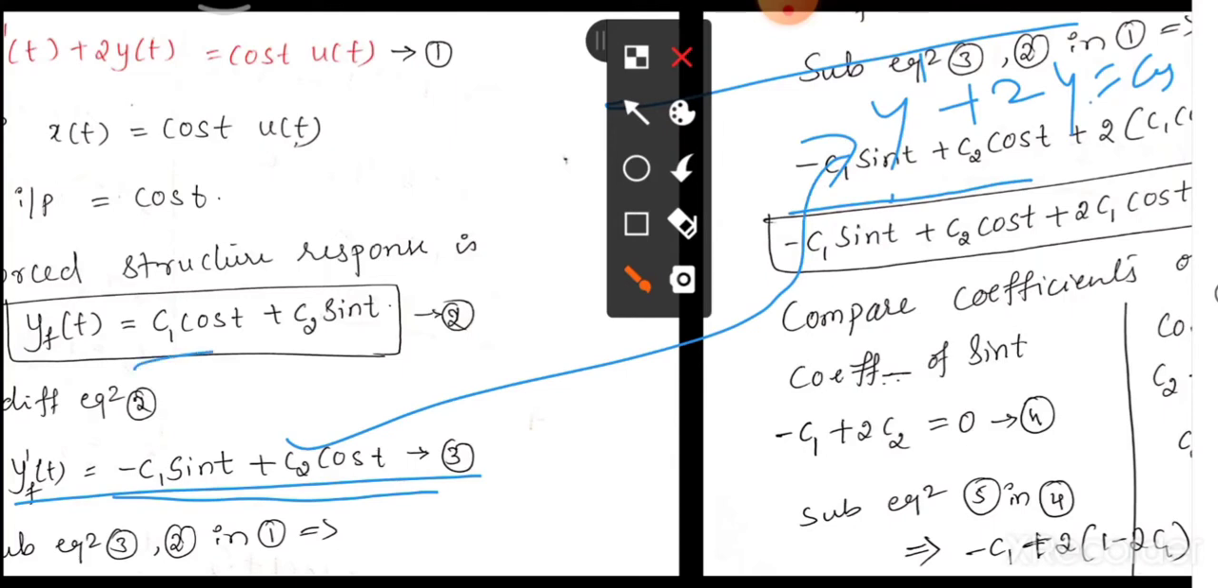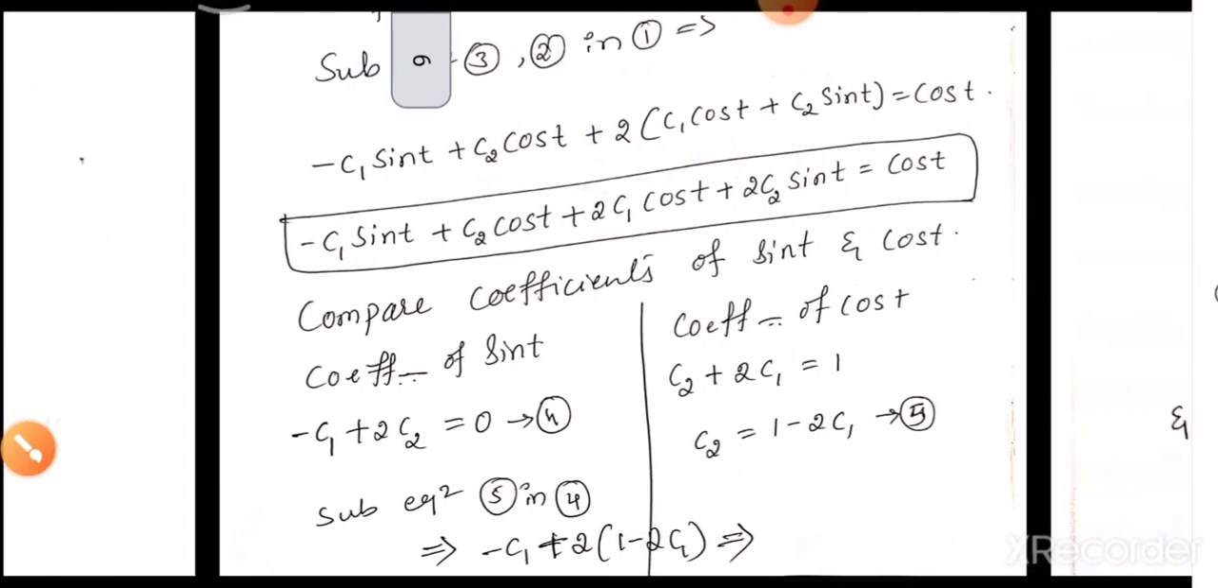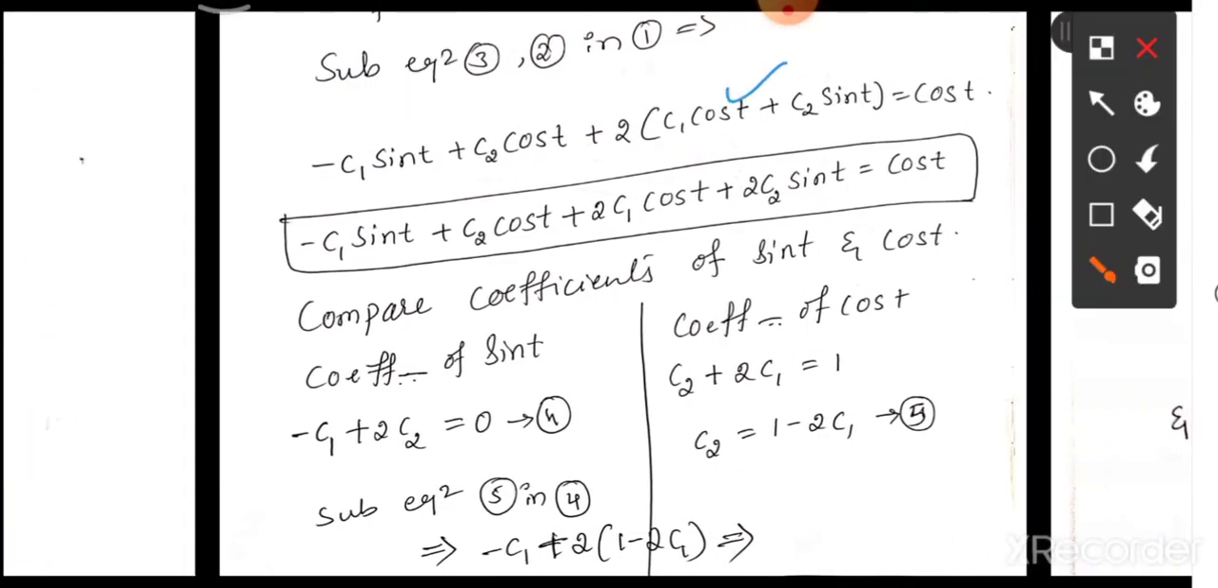Y was how much? C1 cos t plus C2 sin t. That equation we have to write 2 into C1 cos t plus C2 sin t. So 2 into it is there equal to cos t. Simplify this equation as it is, right? It's minus C1 sin t plus C2 cos t as it is. So just multiply 2 with respect to this combination, that is 2 C1 cos t plus 2 C2 sin t